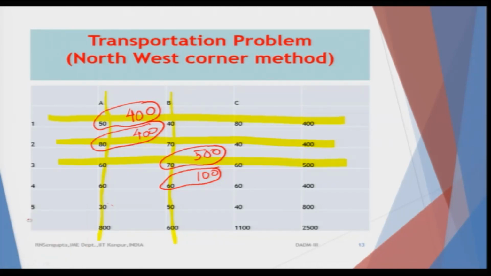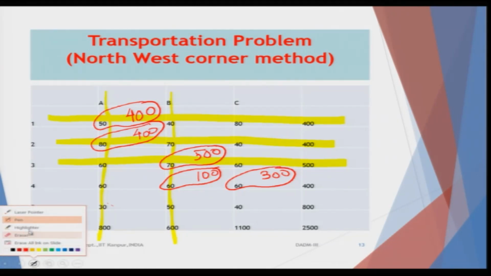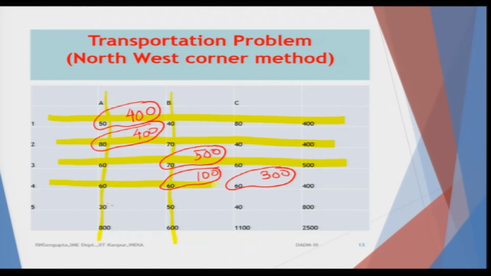So, we basically give 300 from C at a cost of 60. So, the total cost is 60 into 300. So, the total allocation of 4 is done. 4 has been fulfilled. So, this is done. So, the extra amount left, let us ask what is this from C. C has still a huge amount of goods to be transported. So, 1100 minus 300, which is 800. So, let us see where it can go. The next level is 5. Let us check what the total requirement for 5 is: 800. So, we will allocate the total amount 800 to 5.